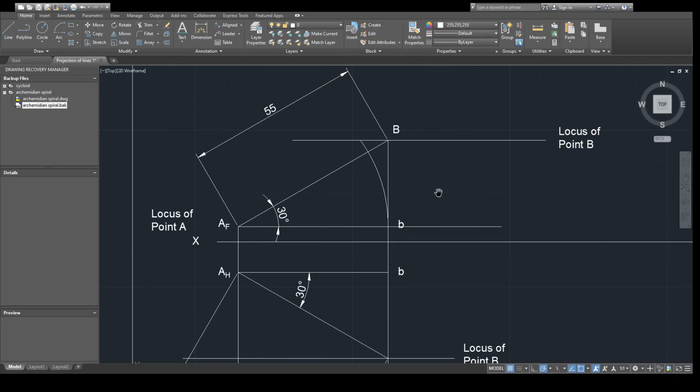Okay, now I will draw one line, I will use the color magenta now. From point AF I will draw one line up to this arc which has cut or intercepted the locus of point B. So here, yes. This magenta color line is nothing but my front view. I will denote this point as BF.